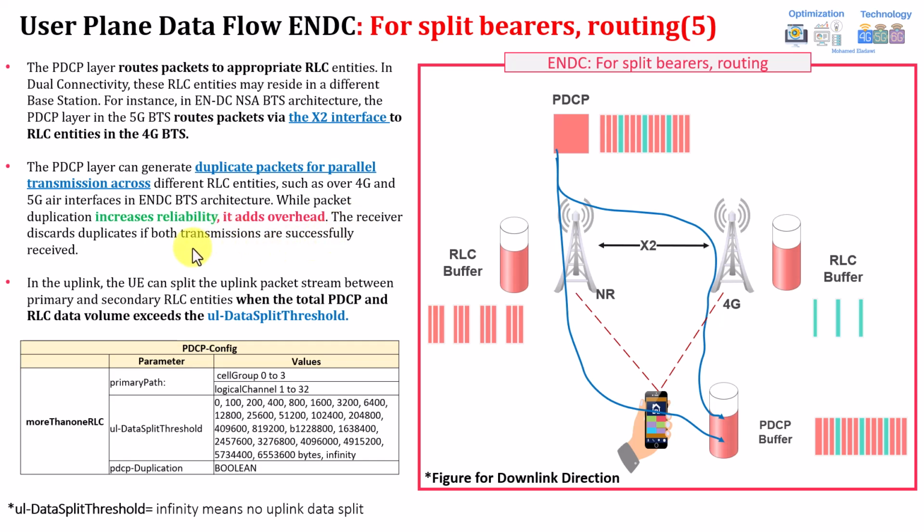But the receiver, in general, if it receives both packets, because again it will be a duplicated packet moved from the 5G leg and the 4G leg, arriving at the PDCP, the receiver will be discarding the duplicated packets. But again, this is increasing the probability of having much better performance and reliability, and this can be, for example, an advantage for very poor edge areas, where you know that a particular area has poor coverage and so on. So this was the function of the split bearer and routing.